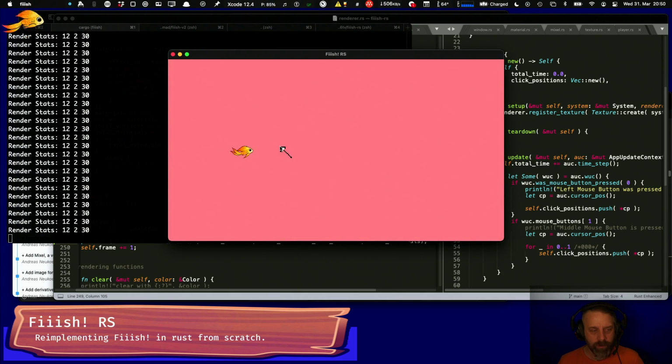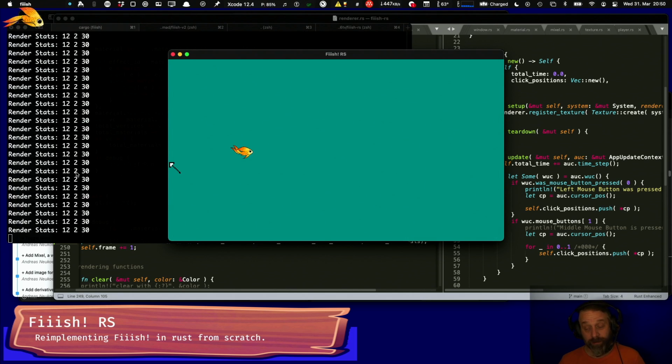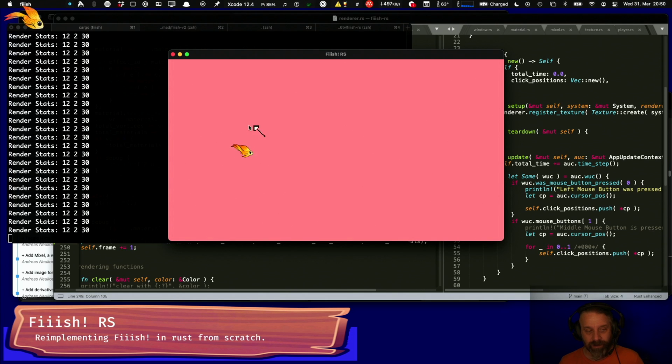Right, so we currently have 12 vertices, 2 render batches that actually have vertices, 2 materials that actually have vertices, and 30 materials. Because of the